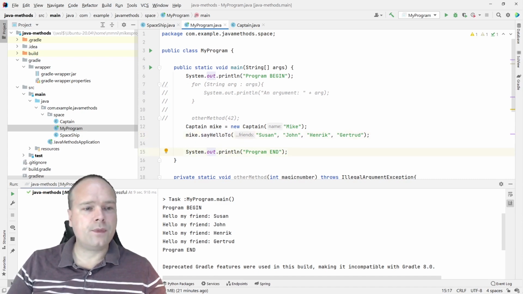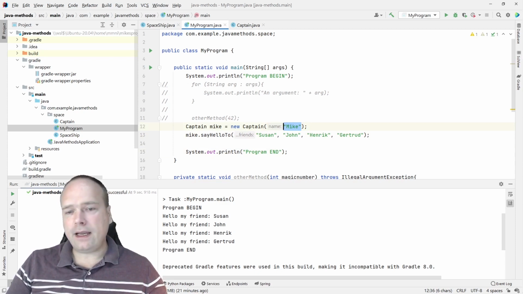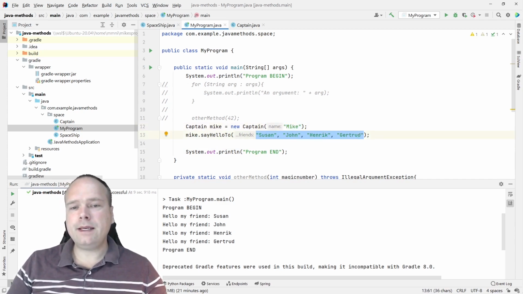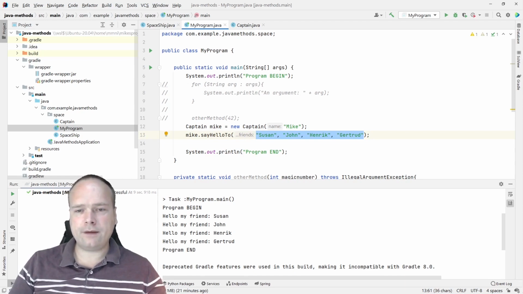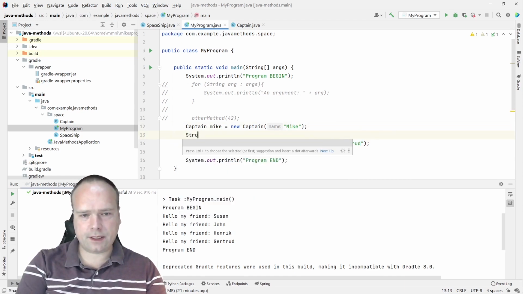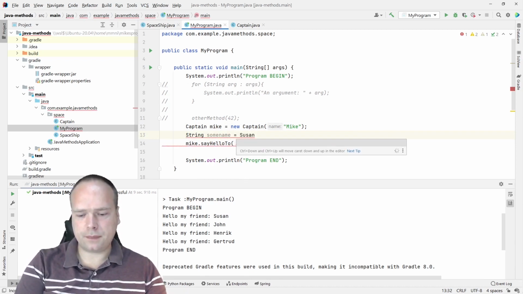Cool. So what I did here was I actually gave a value. This is a value that I gave to the constructor. This means that I'm passing arguments by value. This means that it does not matter if these values are being changed inside the method. If I have a string out here that said string someName equal to Susan,